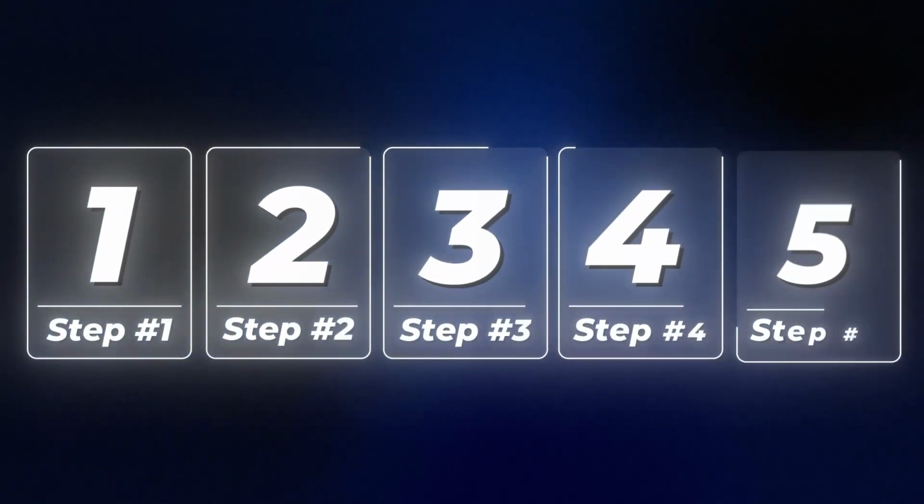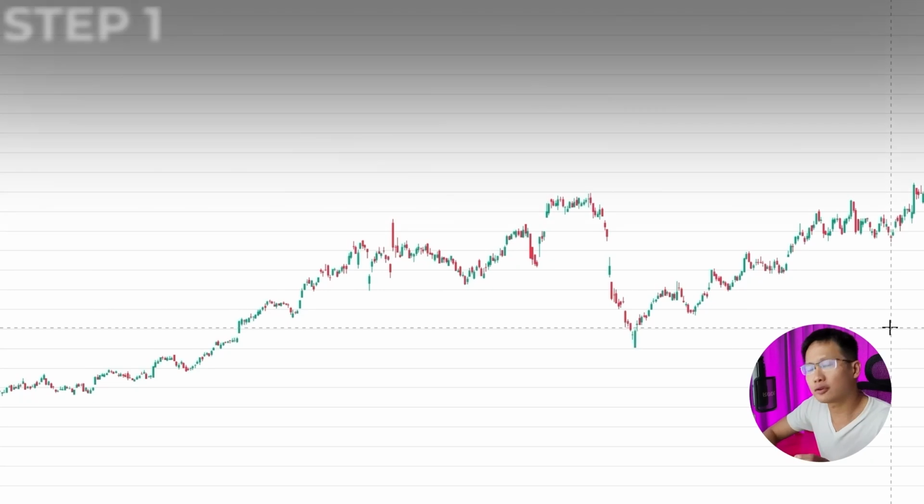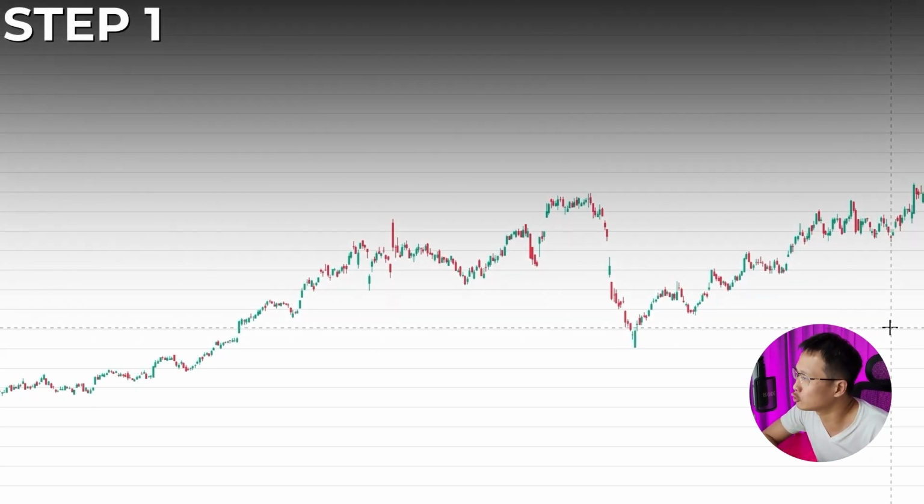So I'm going to list out the steps one by one. There are a total of more than 5 steps. We're going to talk about step 1 first before moving on to step 2, step 3, and of course we'll look at some live case studies as well to break it all down for you. Let's go. All right, so the first step, the very first step that you want to do when you